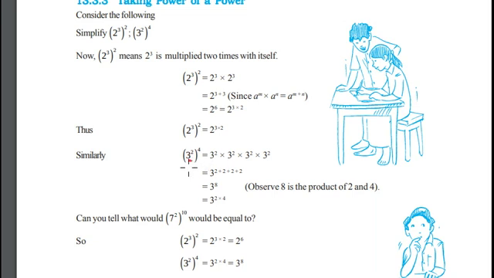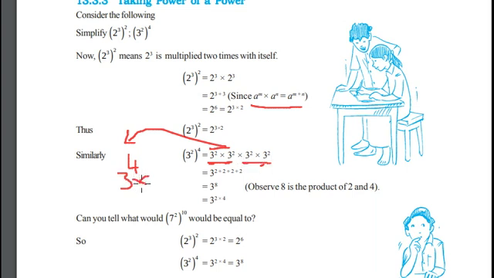So 3 to the power of 2 is multiplied 4 times. 3 to the power of 2, 3 to the power of 2, 3 to the power of 2, 3 to the power of 2. Applying the same principle, a to the power of m times a to the power of n is equal to a to the power of m plus n. So now let us apply the same principle for first two numbers. 3 to the power of 2 plus 2 is equal to 3 to the power of 4. We are first considering these two numbers. Now let us consider last two numbers.